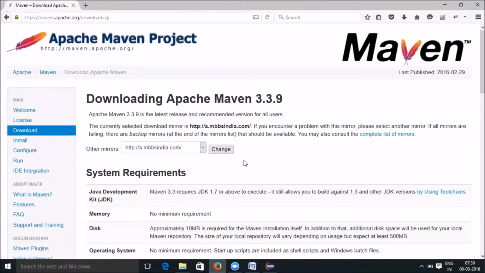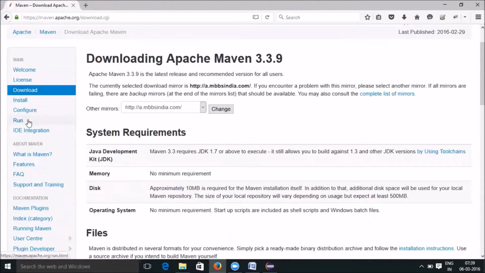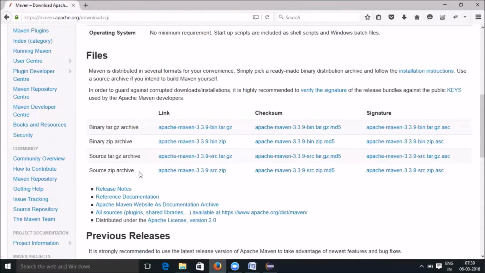In this site, you can get a lot of information. If you want to know more about Maven, you can click on "What is Maven", and there are a couple of other things. From this document, you can get all the information that is required for you to understand Maven in more detail. But right now, we are going to download Maven. So click on the download section and come down, and you can see